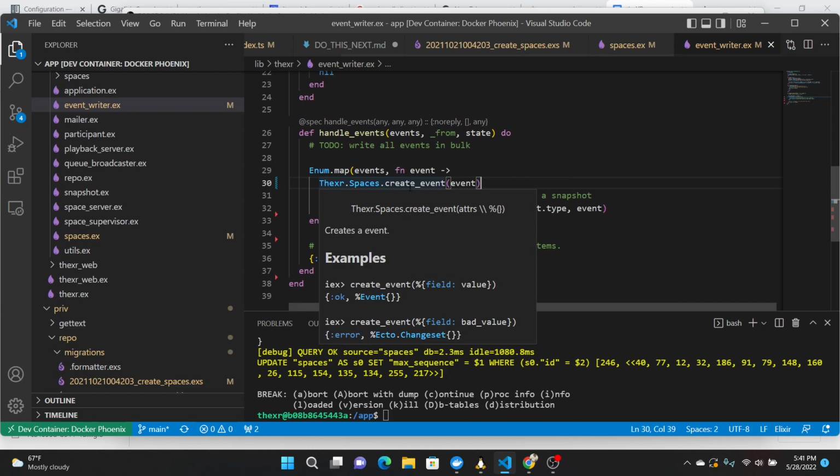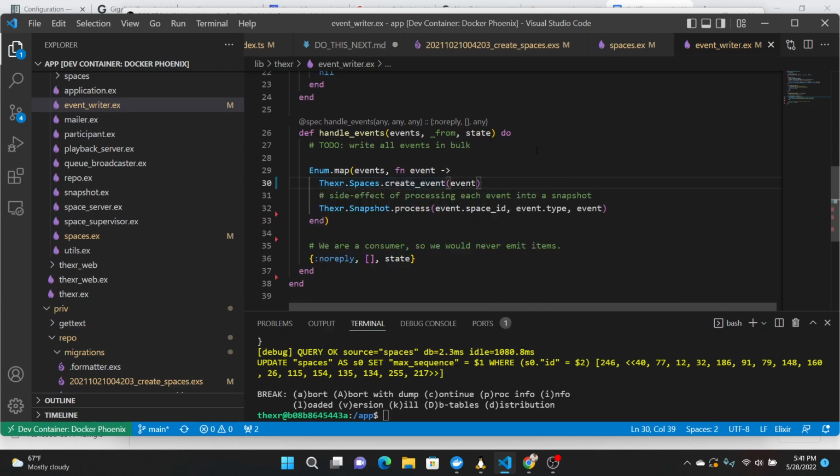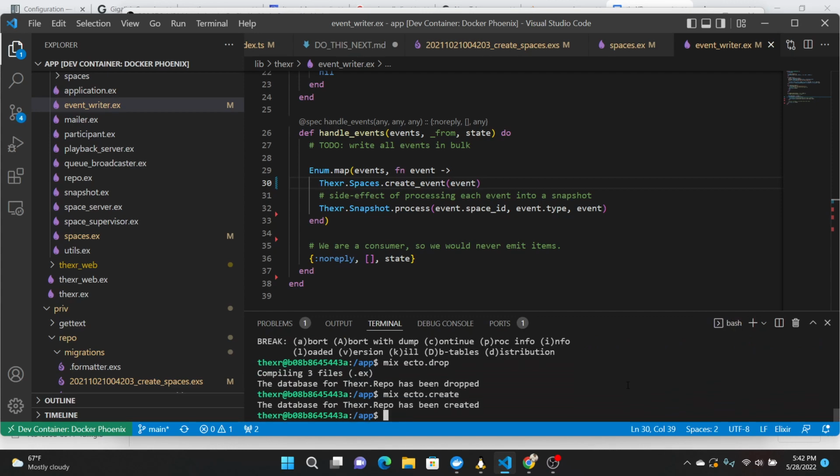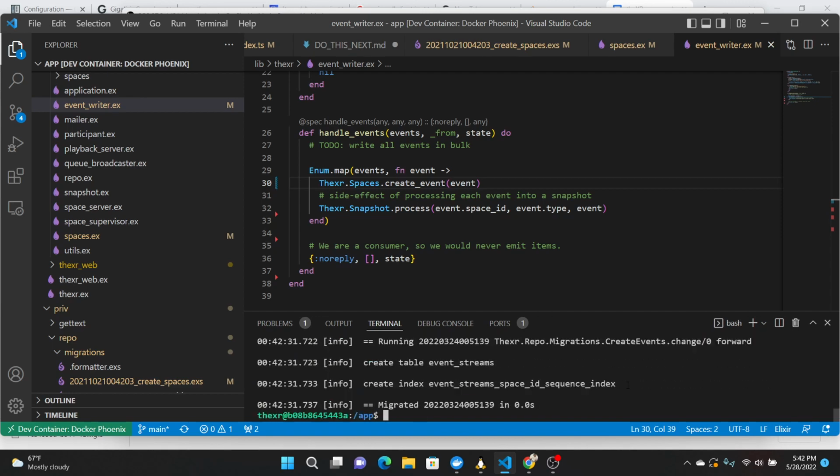So the only issue with this is that they pile up to the thousands quite easily. So we need to add something to back them up. Or we could just comment this out for now, save this for a separate ticket. But let's just see if that's working. So if we just drop our database, mix ecto drop, and mix ecto create, mix ecto migrate. Very good. And if we start our server,